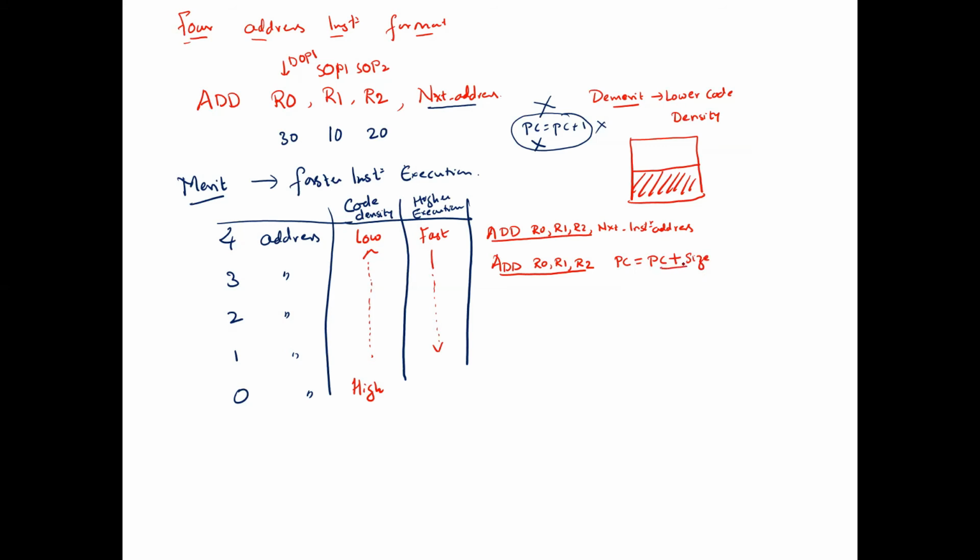So it will perform an addition. So addition also will take a time. So to compute the address of the next instruction, it is going to compute here. So this extra time is also included in the instruction execution. So this will become an overhead. That overhead was not available in the 4 address instruction format. So therefore, now this has become a bit slow because of this overhead. What is that overhead? Generating the address of the next instruction.